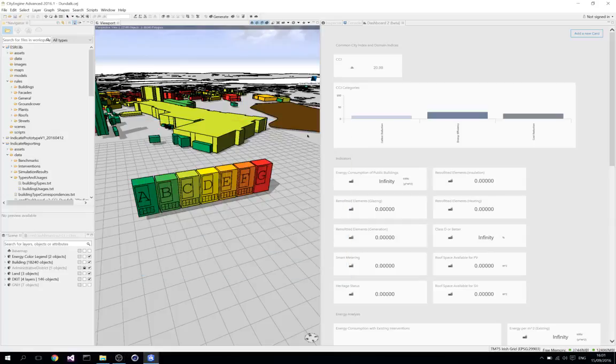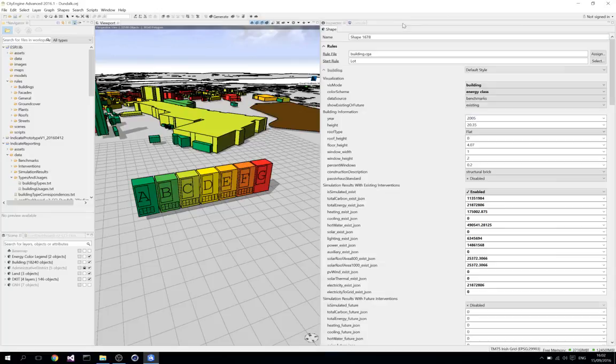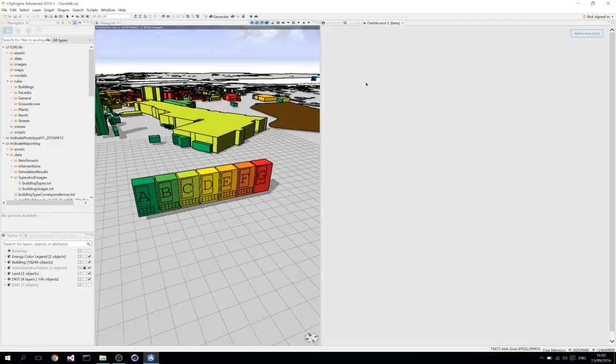In this video, I want to have a look at the new dashboard that's been added to the Indicate tool. I also want to have a look at how to add a new card to the dashboard. So cards are basically these graphs here and the options that are available. So if I want to open up the dashboard, I'll go to Window, Show Dashboard 2, and that will bring